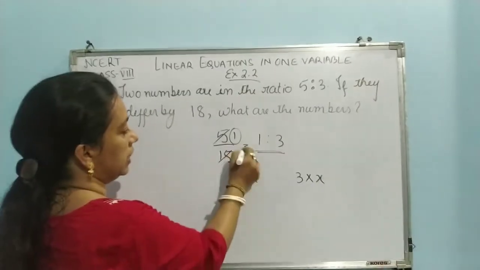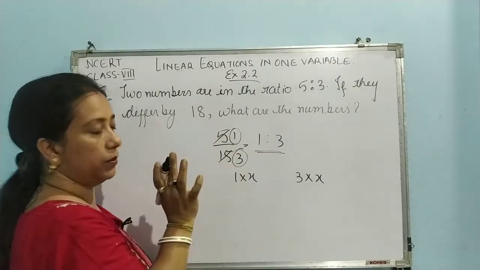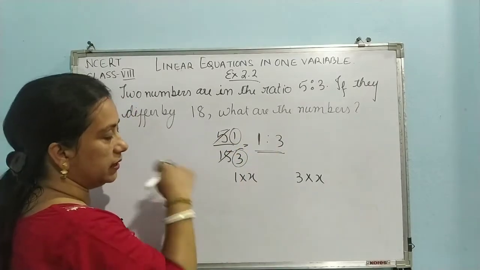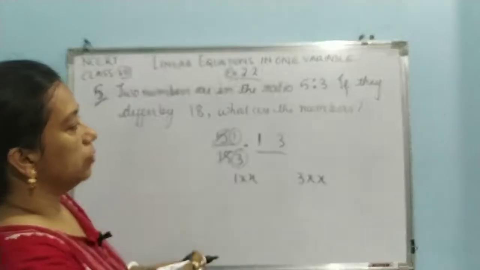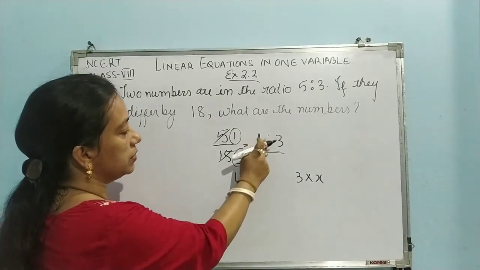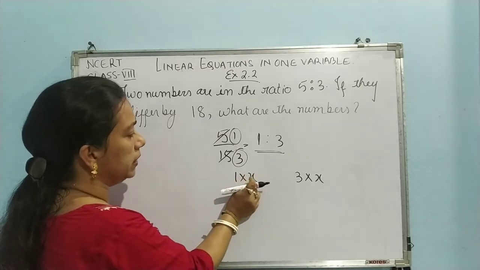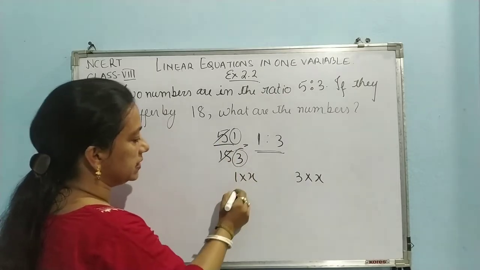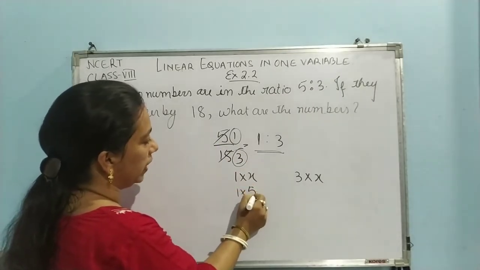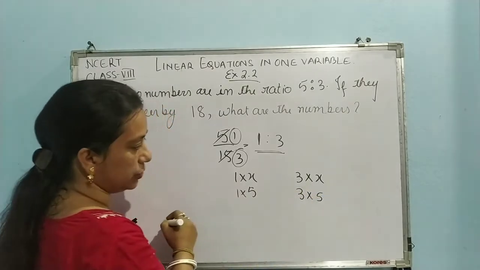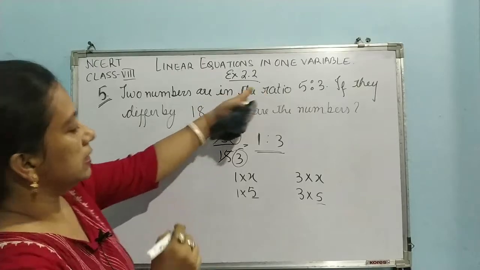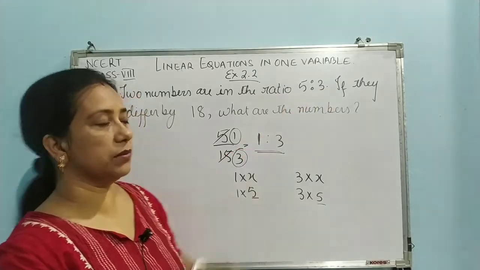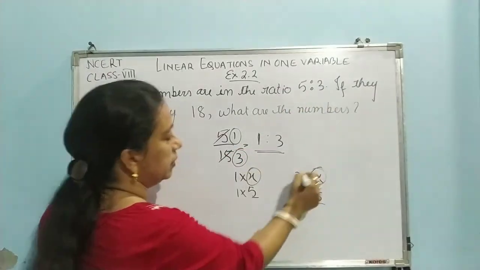Always remember, if the ratio is given, don't consider that these are the numbers. When you simplify the two numbers, you can convert them into simplest form, and you get this ratio. So if some numbers are in the ratio 1:3, it means that 1 into some number will give you the first number, and 3 into the same quantity will give you the other number. In this case, see what is your x? 1 into 5, 3 into 5. These are the actual numbers, isn't it? So here the numbers are in the ratio 5:3, which means 5 into something and 3 into something are the numbers, and that something has to be the same in both the cases. Clear?